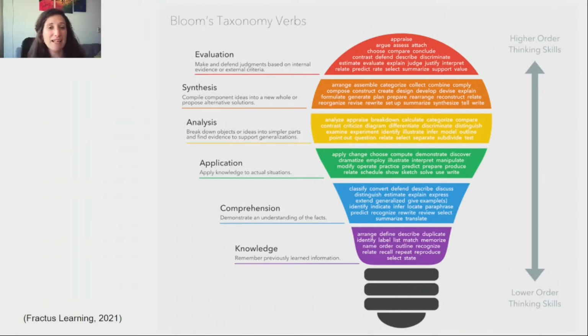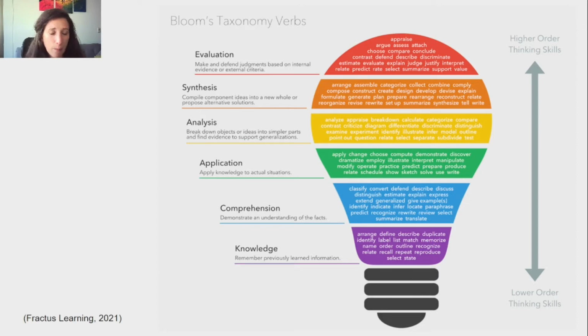So here I have an example of Bloom's taxonomy from Practice Learning. You can have a look at this online. It's a great example of how our cognitive abilities, when we learn, go through this process of first being able to remember information and then demonstrating our understanding before we go into applying that knowledge and comprehension, and once we start to practice those abilities, before we can then move into synthesizing and evaluating,